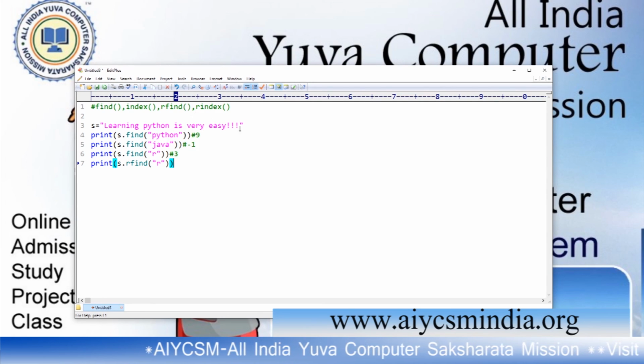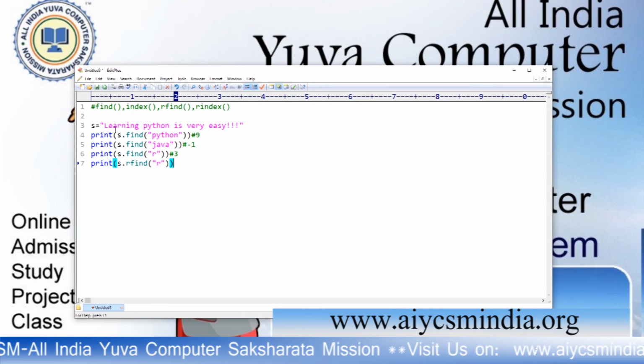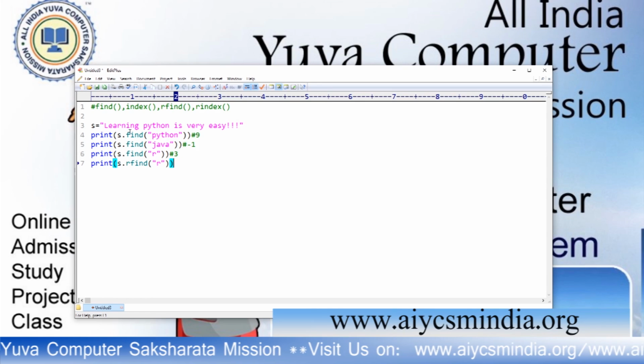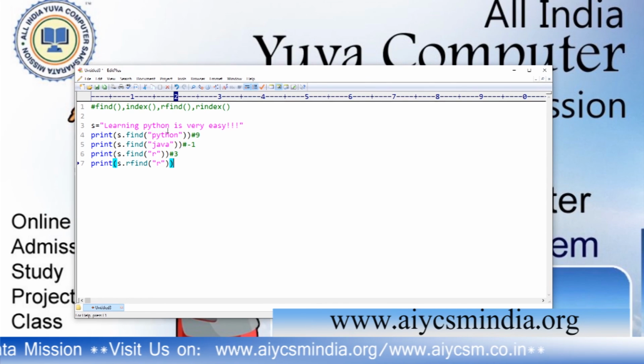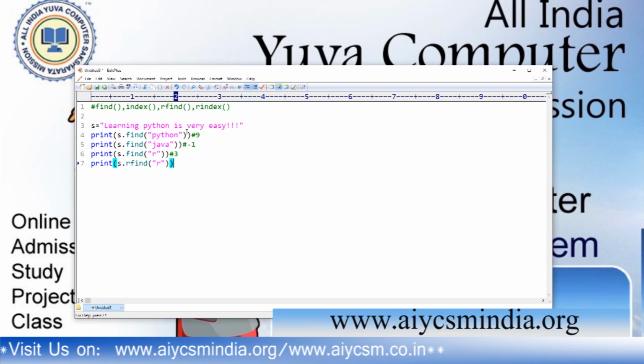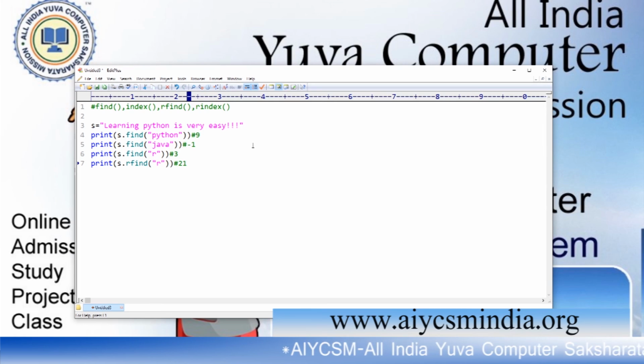This is 0, 1, 2, 3, 4, 5, 6, 7, 8, 9, 10, 11, 12, 13, 14, 15, 16, 17, 18, 19, 20, 21. 21 is the index. From this direction it finds the first r, so it returned 21. This is not negative indexing, but it returns like this.